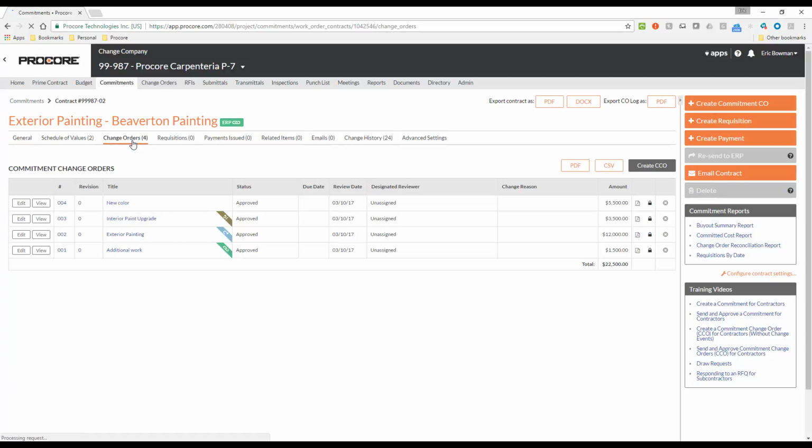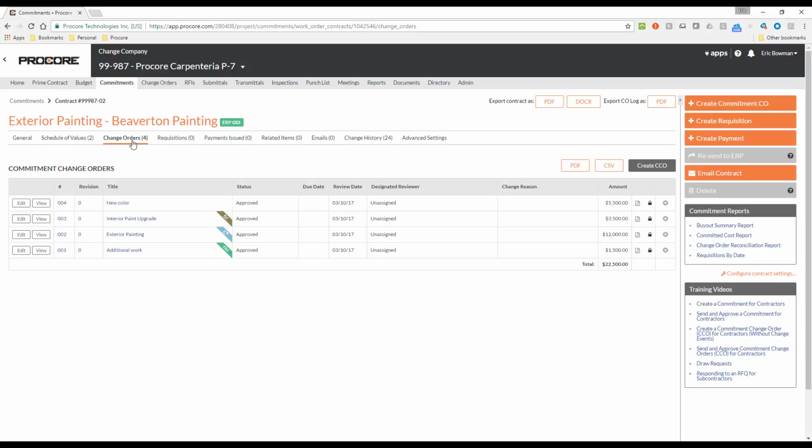and here you may notice the colored banners. These are here to make it easy for you to determine the synchronization status for each of your commitment change orders. A green banner indicates that the commitment was successfully exported from Procore to Sage. A blue banner indicates that the commitment change order has been sent to ERP but has not yet been exported to Sage. A brown banner indicates the commitment change order has either failed to export or has been rejected by